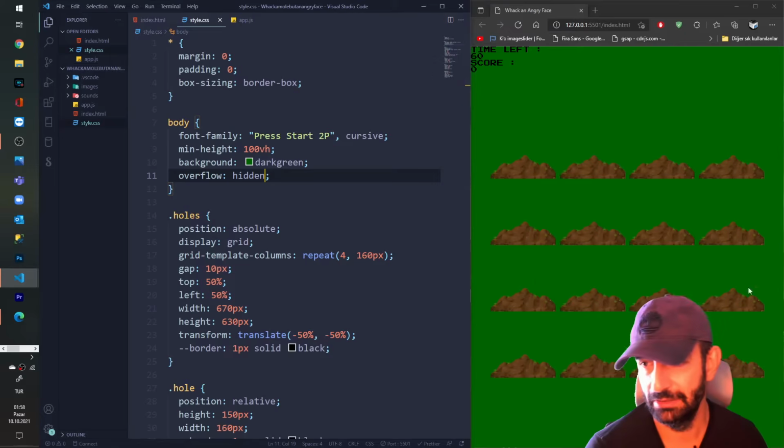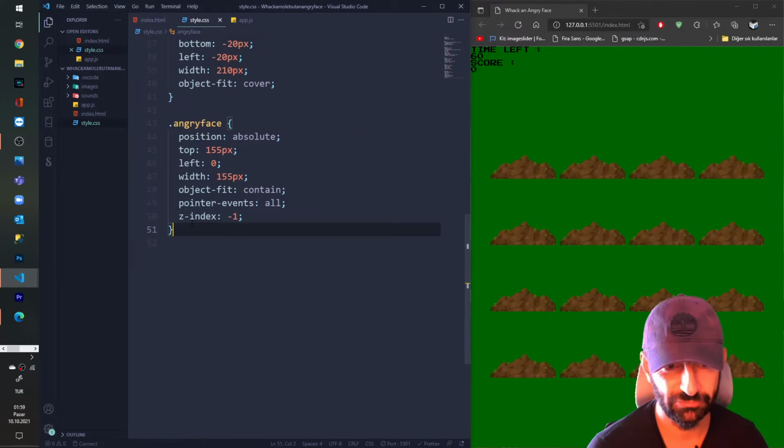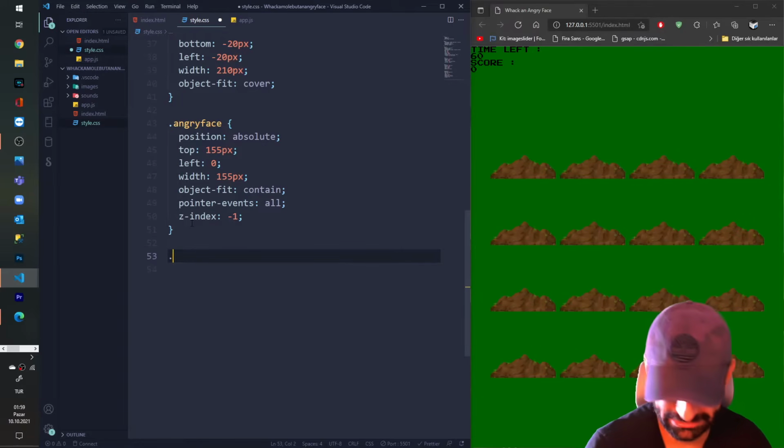So move on. I styled angry face, and now I'm gonna style a little bit the score table, which is stuffed to the left top corner, and I don't want it to be seen like this. I say score table,